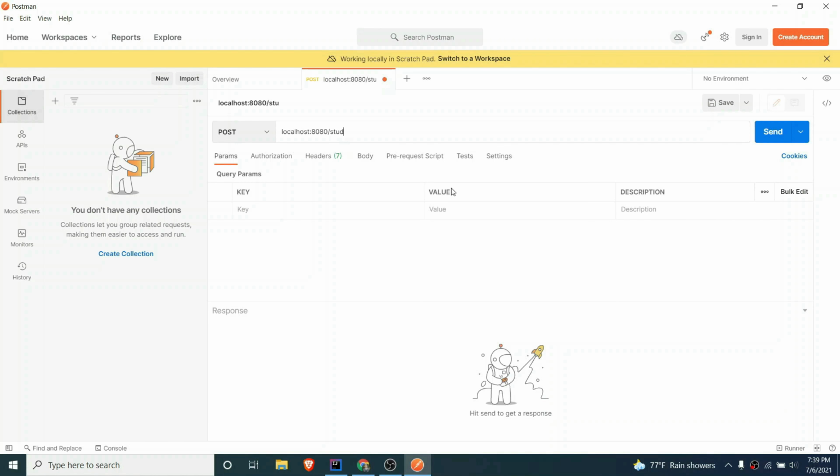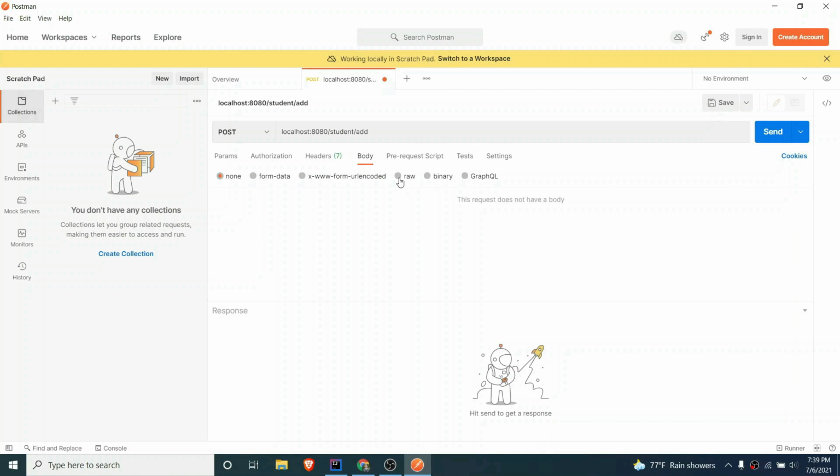Then go inside the body, choose raw and the JSON type, and send the data inside curly braces. Give a name, something like Arjun Gautam, or any name, and give some address, and the address is Nepal. And if I just click on send here,